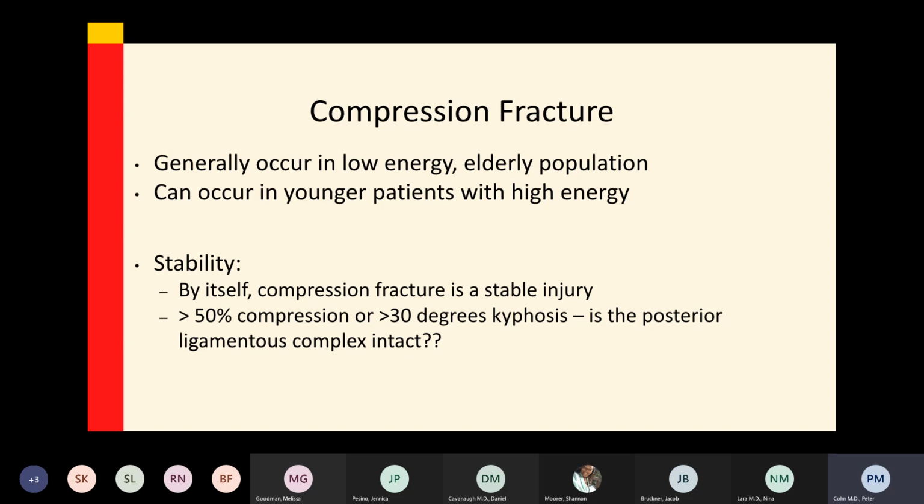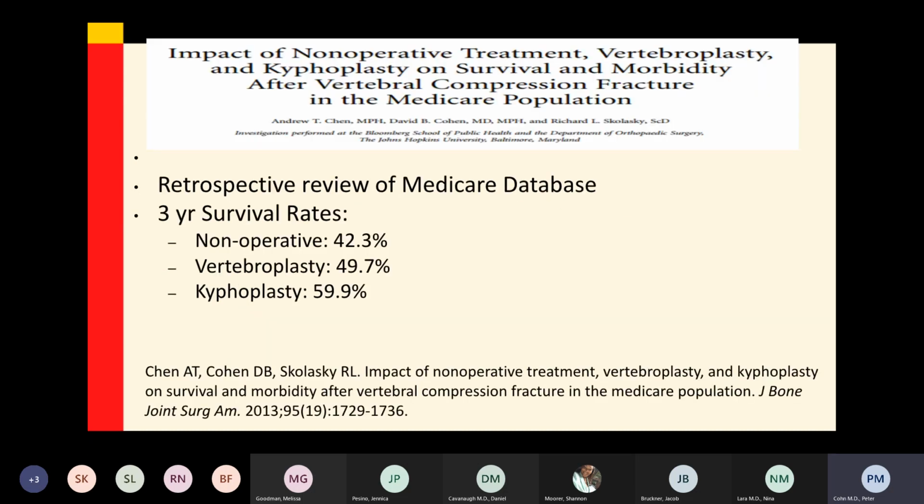So anytime you see that increased compression or increased kyphosis, it's important to really look at the posterior facet to make sure there's no gapping at that interspinous process distance, to make sure there's no increased distance there. And if there is an MRI, you could look closely for signal intensity on the STIR imaging. But really, compression fractures are not something that we treat surgically in the sense of decompression or screws and rods